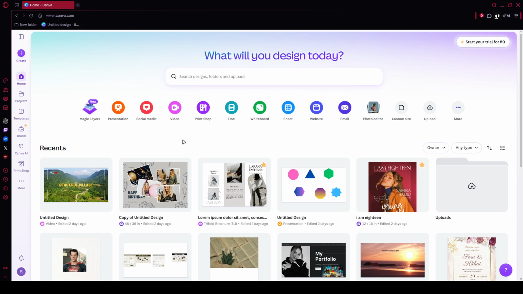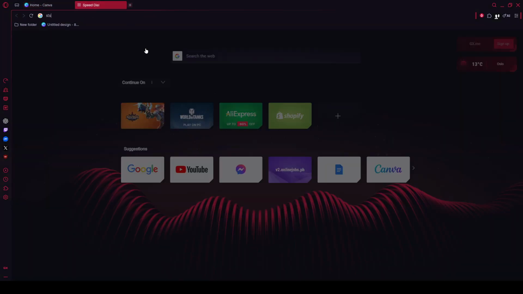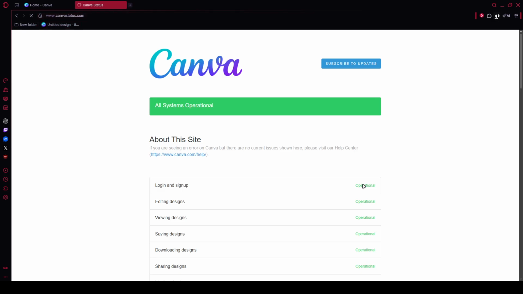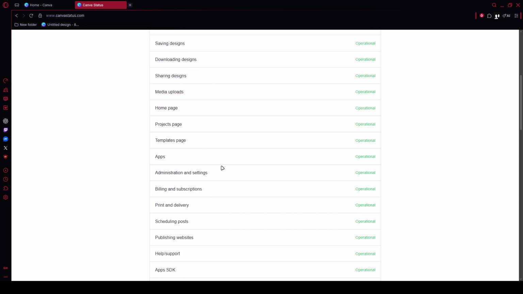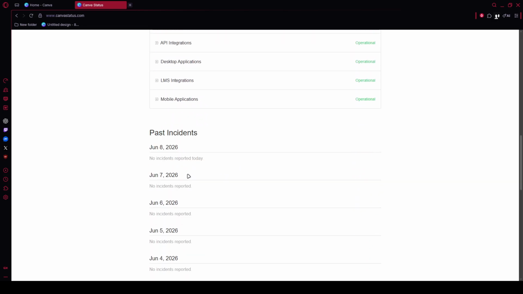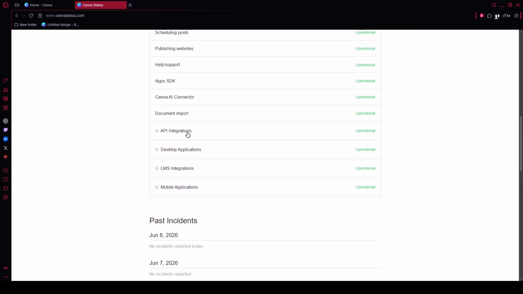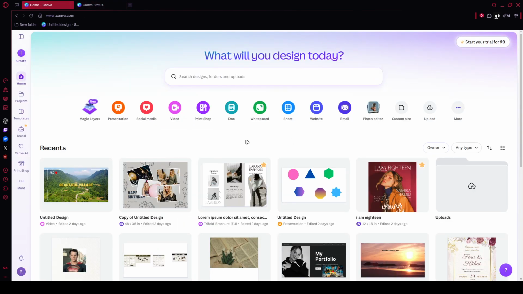First, check whether the issue is happening on Canva's side. Open a new browser tab and go to status.canva.com. On that page, look for the sections related to the editor and site performance. If Canva is reporting a problem there, then the saving issue is likely caused by a server-side outage or maintenance. In that case, the best option is to wait a little while and avoid making too many new edits until service is restored. If everything is showing as operational, then the problem is probably limited to your device or browser